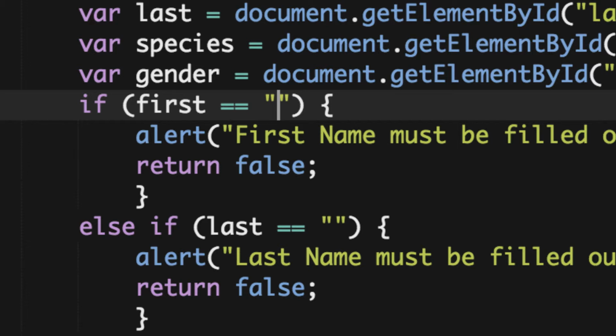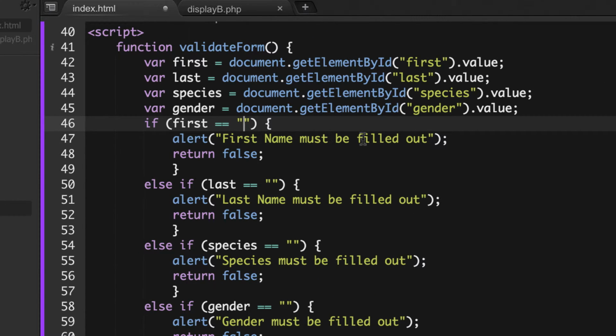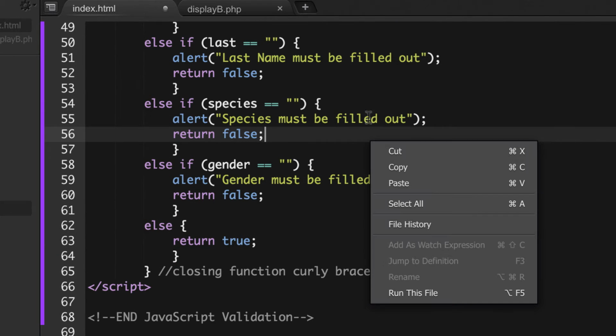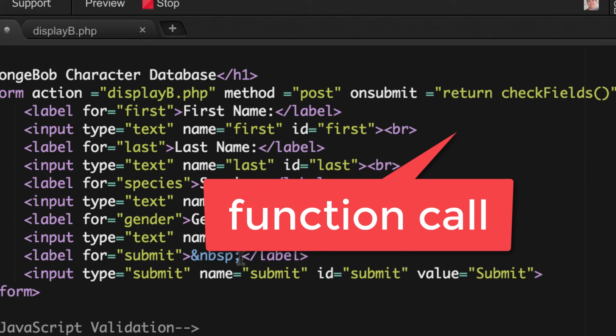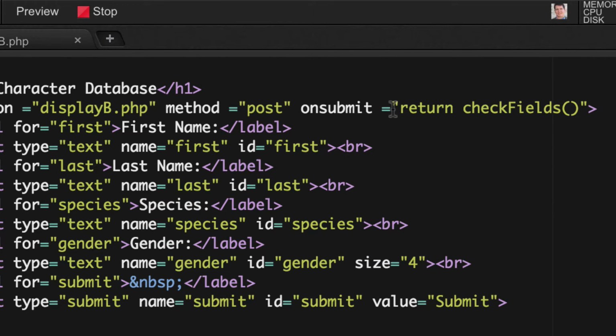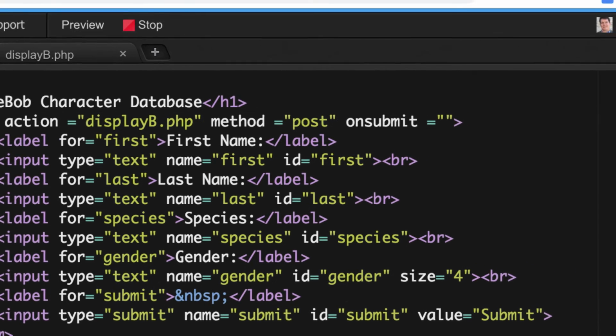So this is okay, and make sure all the names match up. Those are our ID names. These are these. And that looks okay so far. Now the last part of this is we're just going to put the function in here. It's in here already. I'll just start it over. I had a different one in here that I was practicing with, but what we're going to put in here after the equal signs, just like these have attributes in here. Form action equals something in quotes, method equals post in quotes. We're going to put on submit equals, and in quotes, we're going to put the function validate form, and then